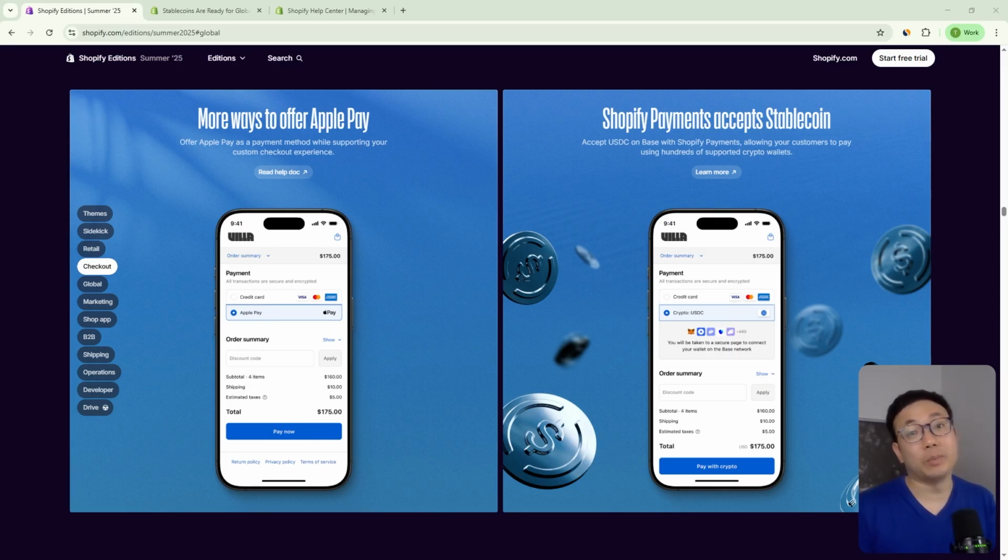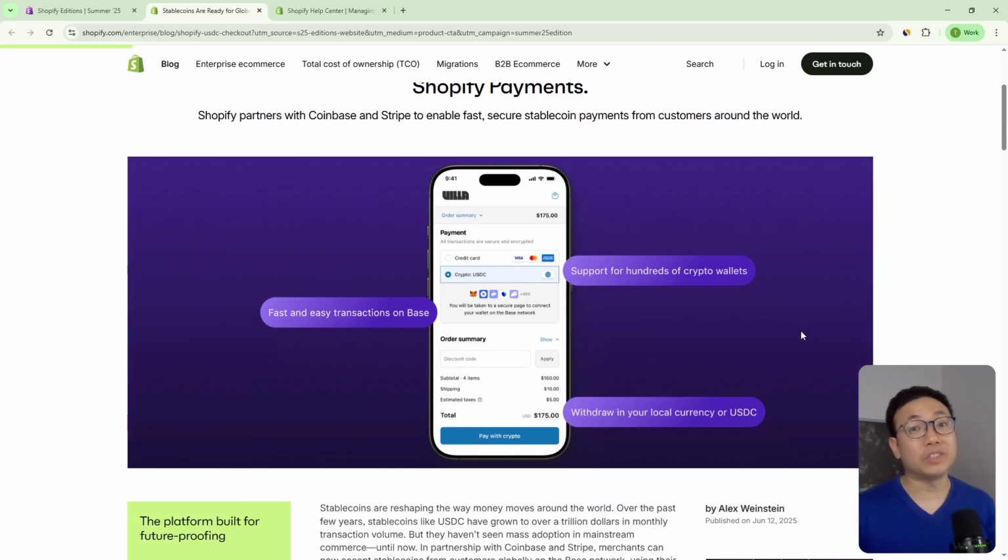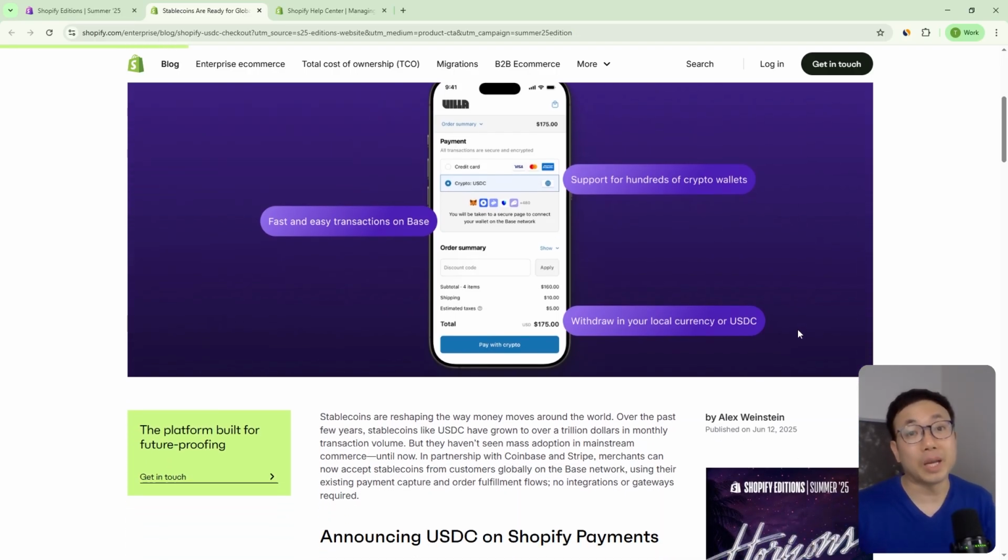Personally, I think we're years away before stablecoins and crypto as a whole are a significant percentage of our transactions. But I do believe they will become mainstream eventually. And when that does happen, we could be looking back at this moment as an inflection point. So why is this rollout a big deal? To me, this is Shopify signaling that they believe stablecoins and crypto are where online payments are going